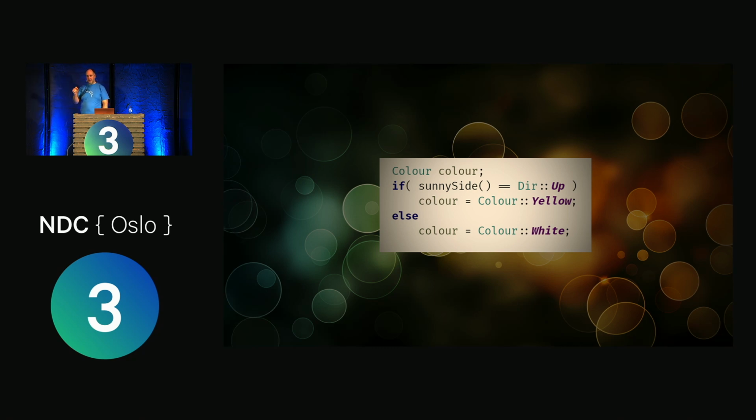In order to reason about the value of color, you have to look at every line of code it may pass through, because something else may change it, because we couldn't make it const. We've lost that guarantee. So we've lost the ability to reason about it locally. And it might not seem an important thing. These things really add up.